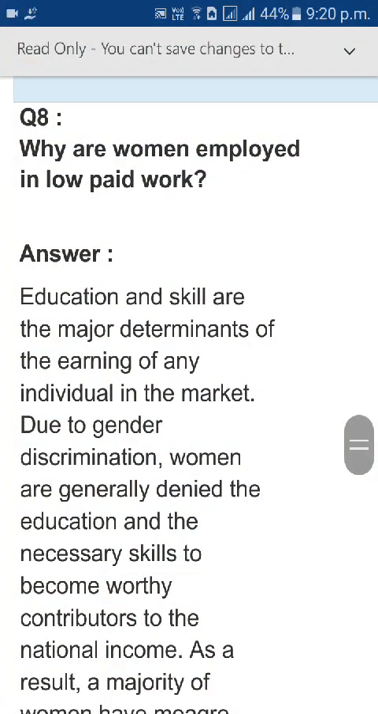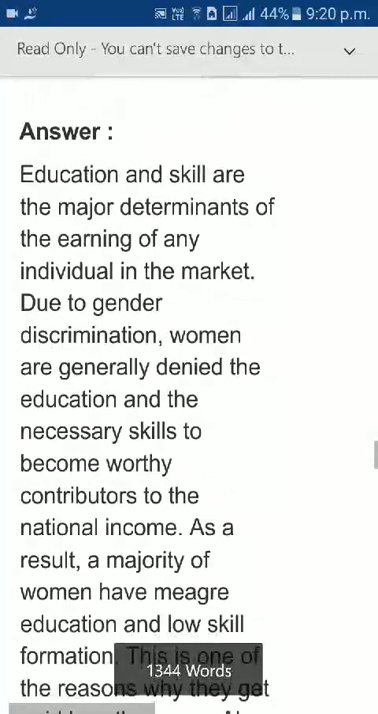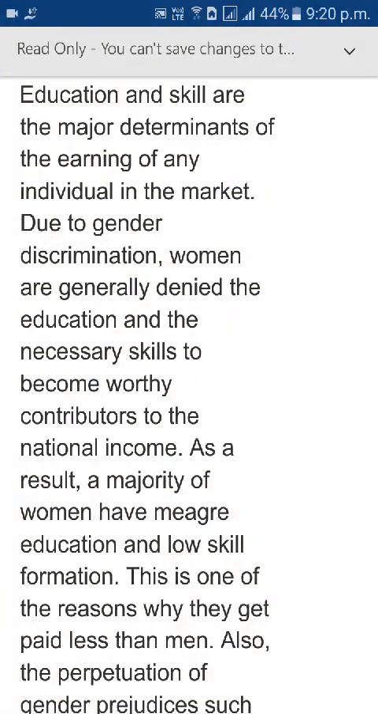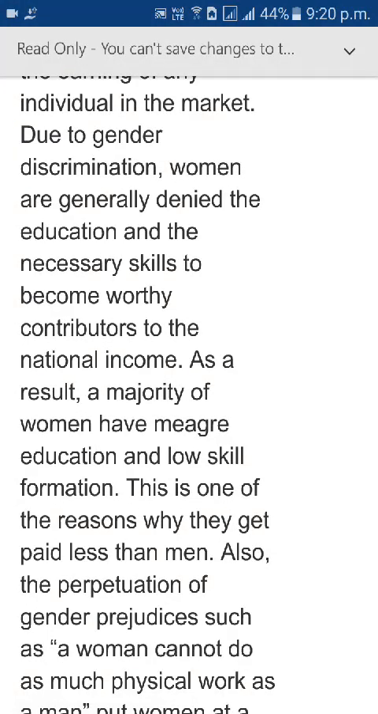Then we come to the eighth answer. Eighth question: why are women employed in low-paid work? Education and skill are the major determinants of the earning of any individual in the market. Due to gender discrimination, women are generally denied the education and the necessary skills to become worthy contributors to the national income. As a result, the majority of the women have